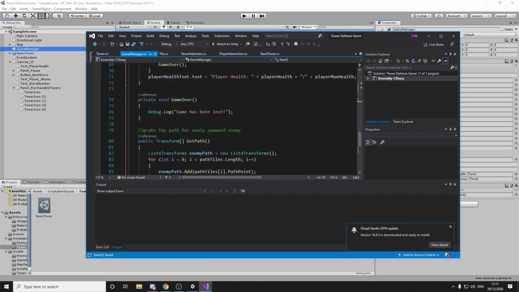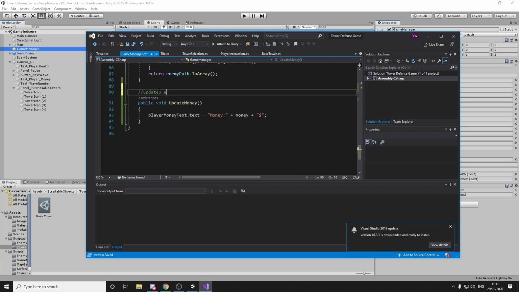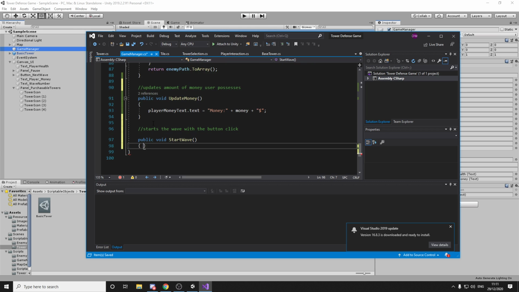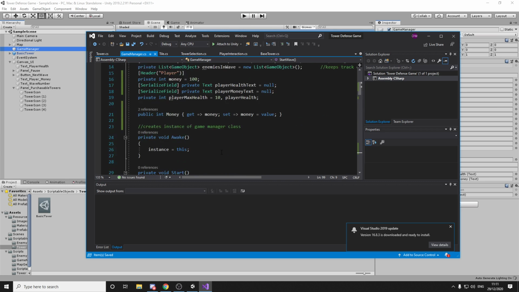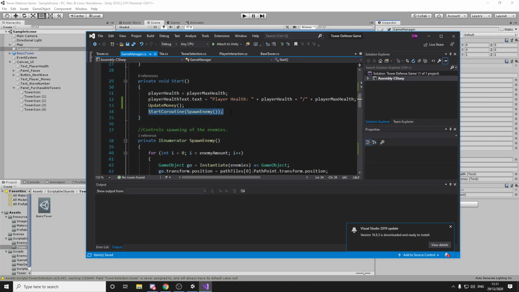So what I'll do is I'll just add a function that starts the wave with the button. So we'll just create another public function called start wave. And what we'll essentially do is move this